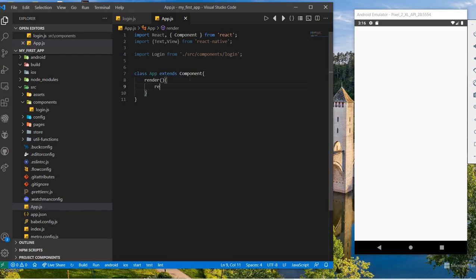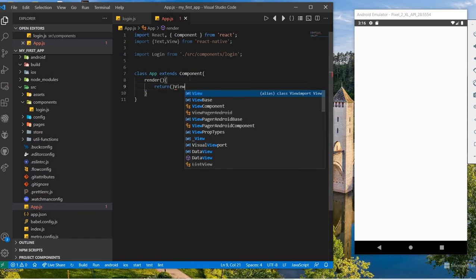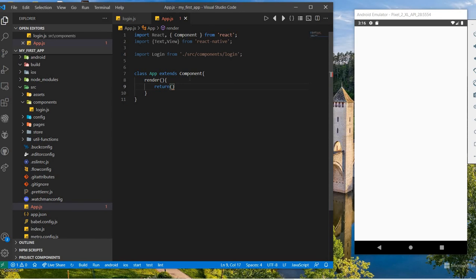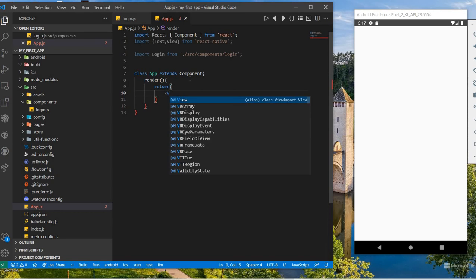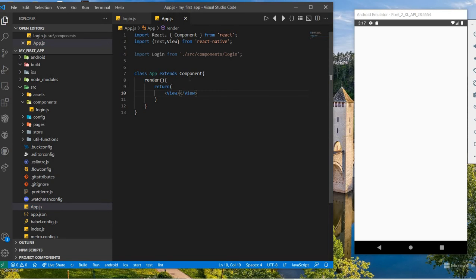Let's return the View, with the parent View closed, and then the Login.